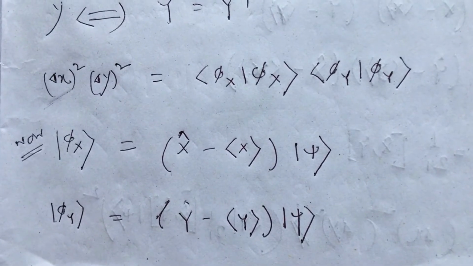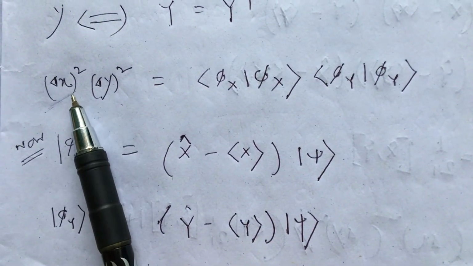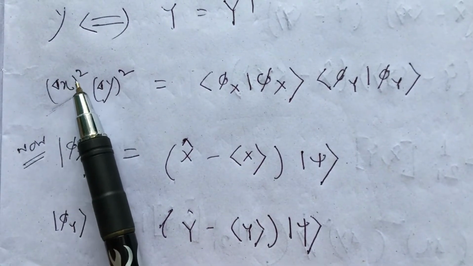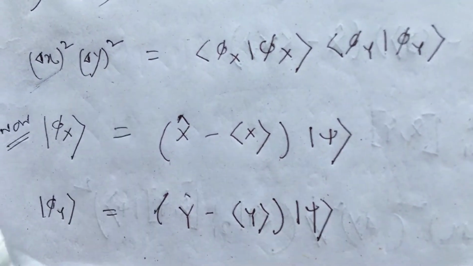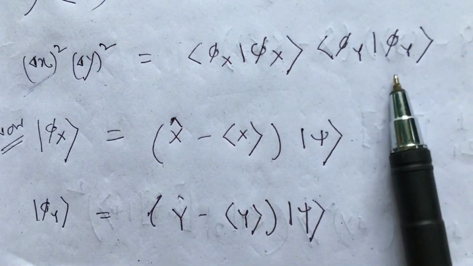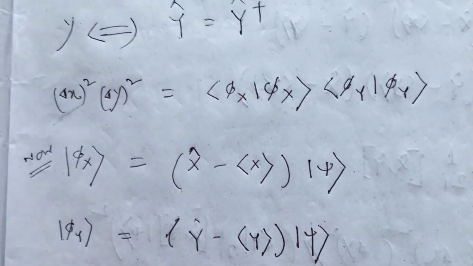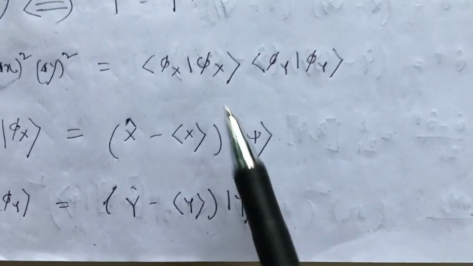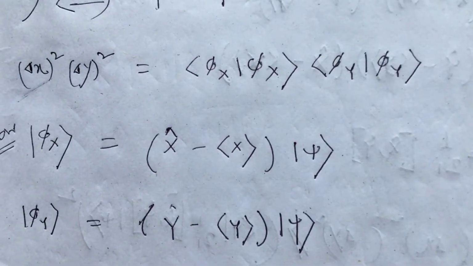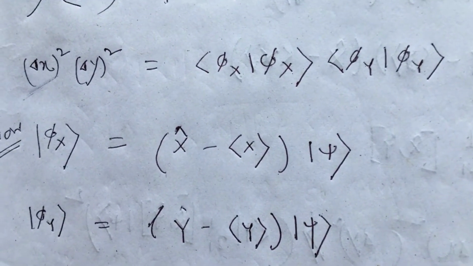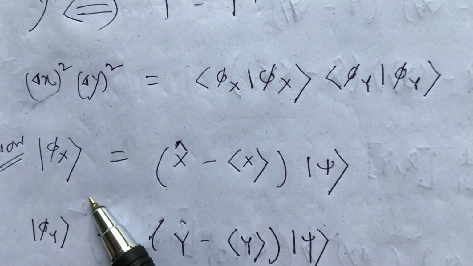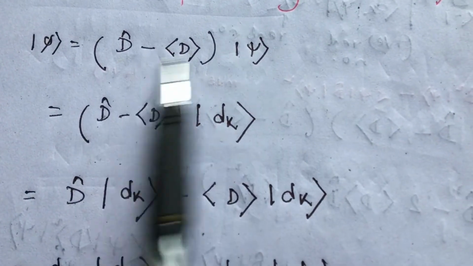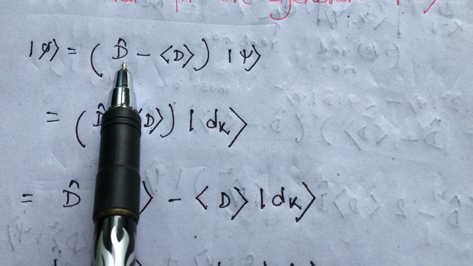Let's define the uncertainty in del x and del y. Actually, uncertainty square, del x square and del y square. I have just used these relations where we have shown that del d square is equal to this phi. I have just shown a couple of moments before, and my phi was like this. Just let me show you once again. My phi was like this, and this dynamical variable d are x and y for this case.